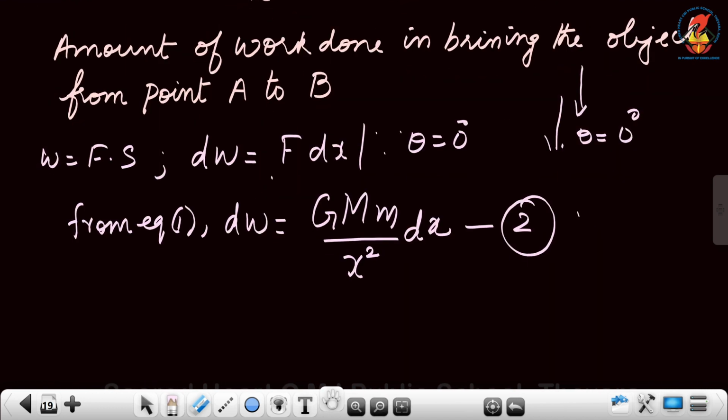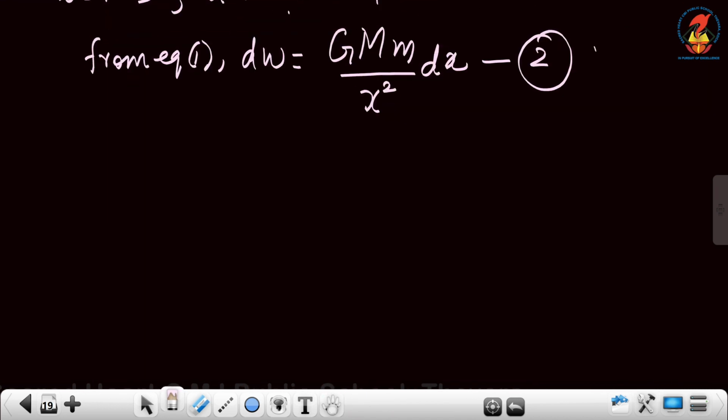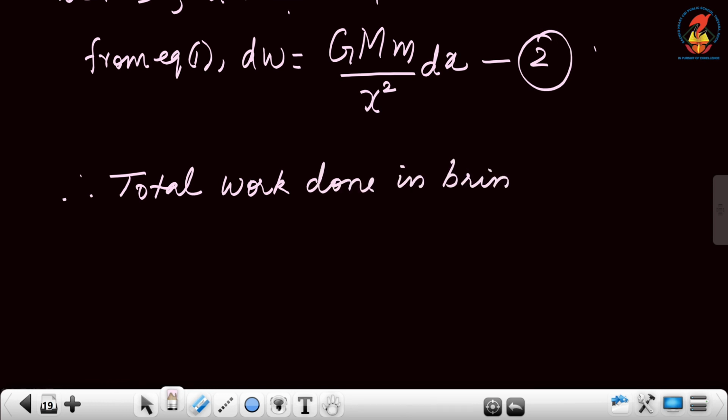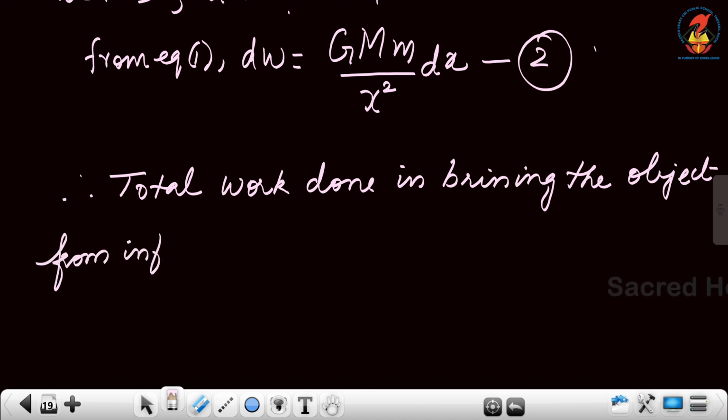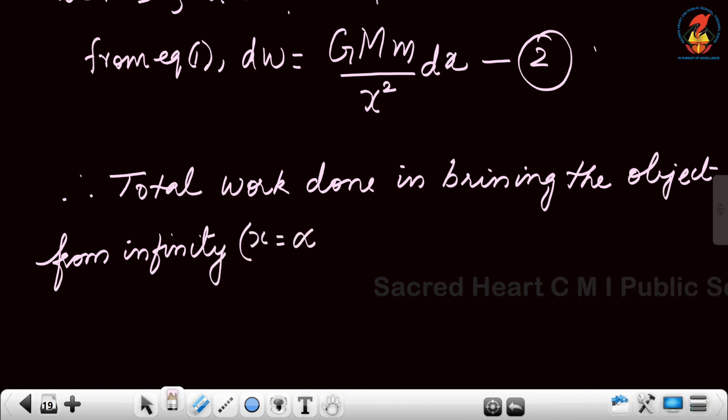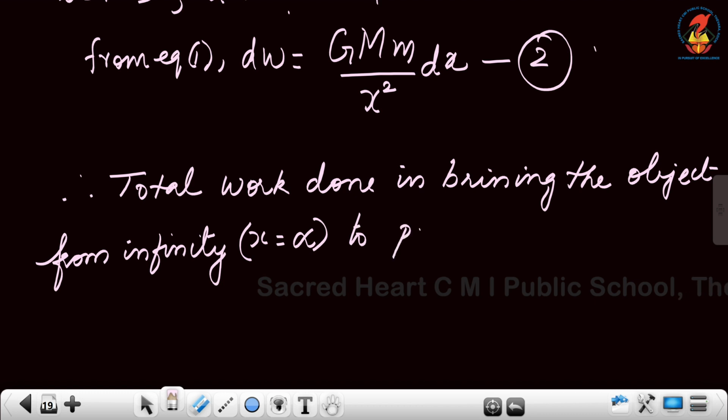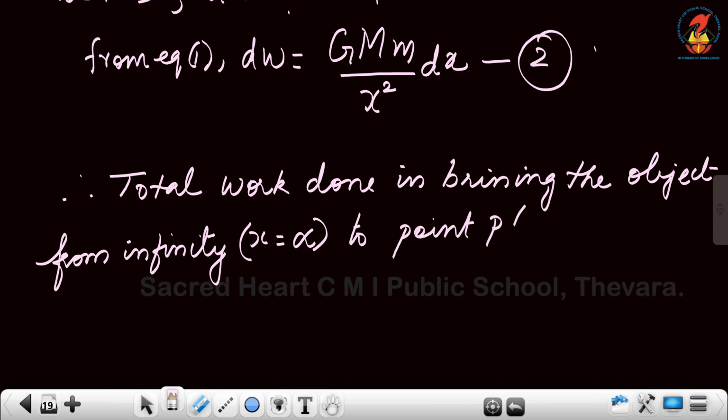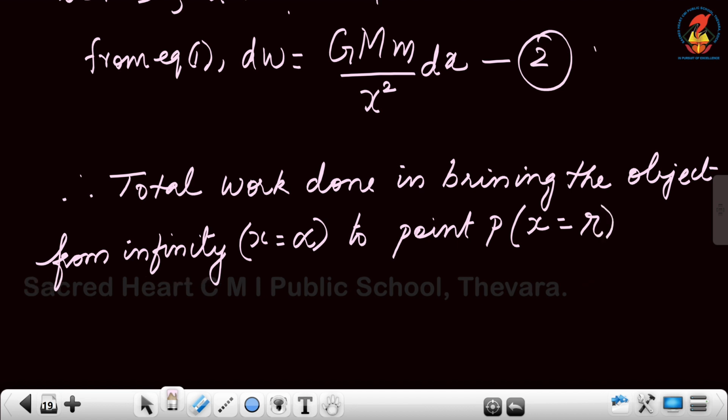So therefore, the total work done in bringing the object from infinity, that is x equal to infinity, to point P, that is x is equal to r, is